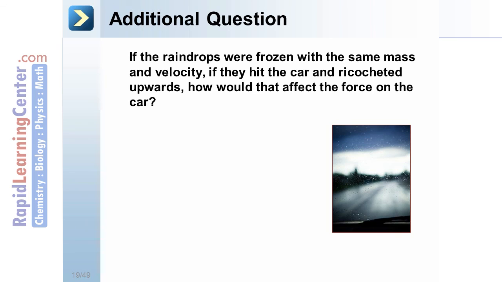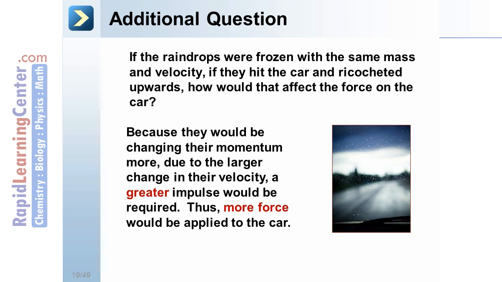Additional question. If the raindrops were frozen with the same mass and velocity, if they hit the car and ricocheted upwards, how would that affect the force on the car? Be sure to consider the direction here. Because they would be changing their momentum more, due to the larger change in their velocity, a greater impulse would be required. Thus, more force would be applied to the car. This is why frozen